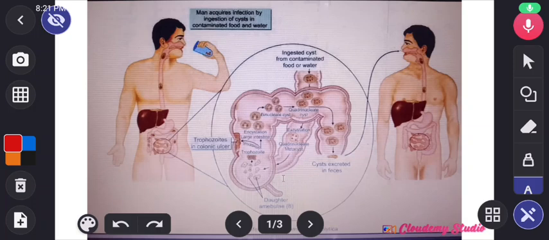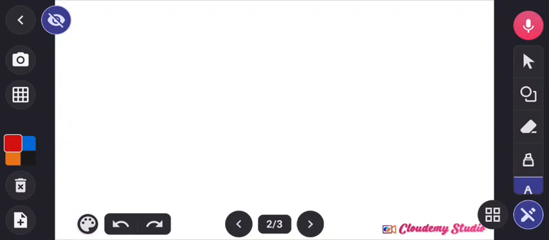We are talking about the life cycle of Entamoeba histolytica, and we'll be keeping it short and simple. We just have to understand that the life cycle of Entamoeba histolytica occurs in only one host, which is man. And this life cycle involves 5 successive stages, which are the